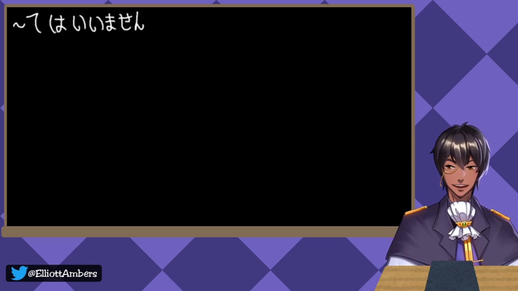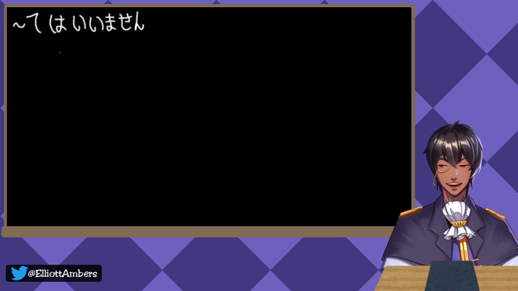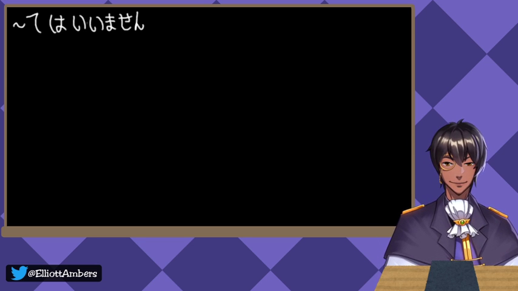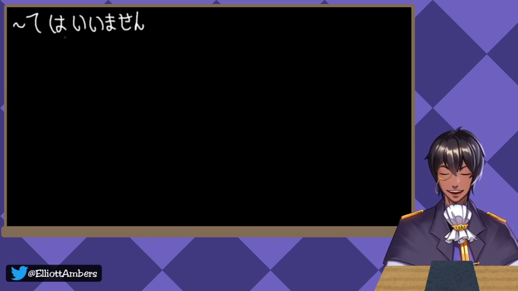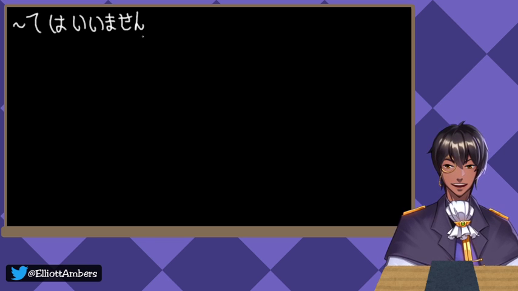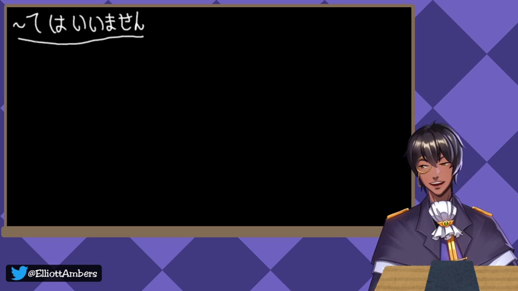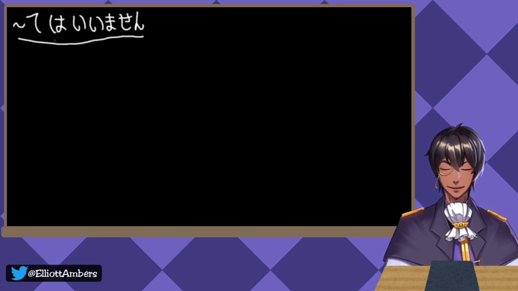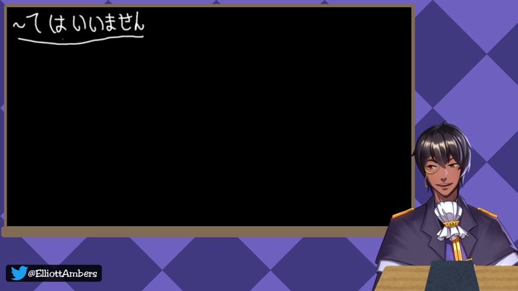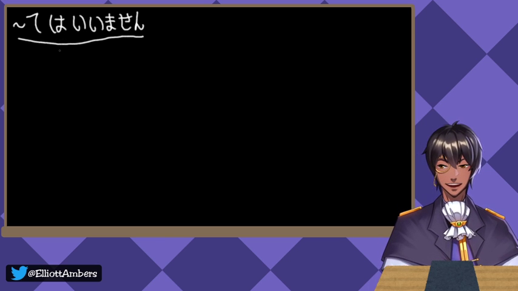This is going to be read again as wa instead of ha. So, te wa iimasen. And this is a very specific case. This isn't something that you're going to really say very often. You might see it often because what this represents is